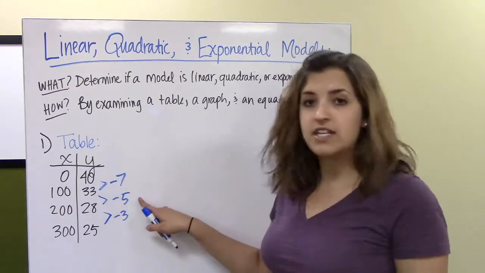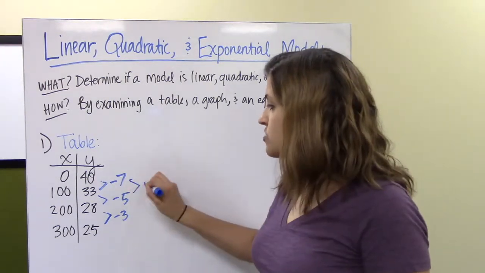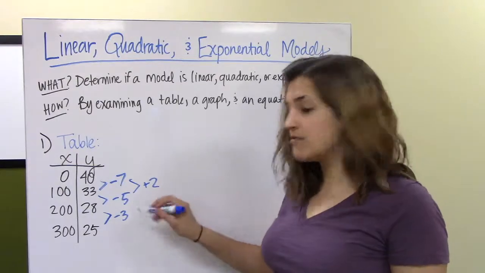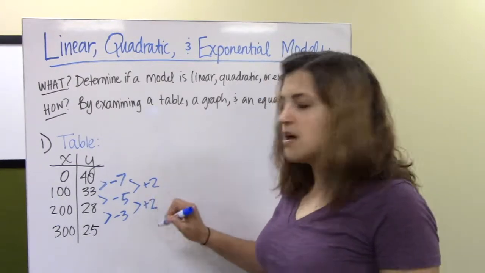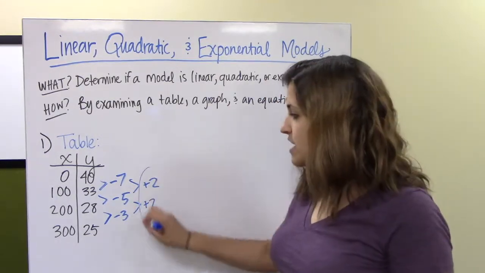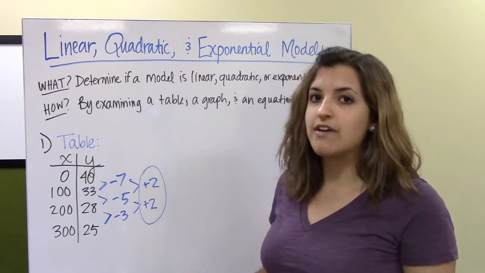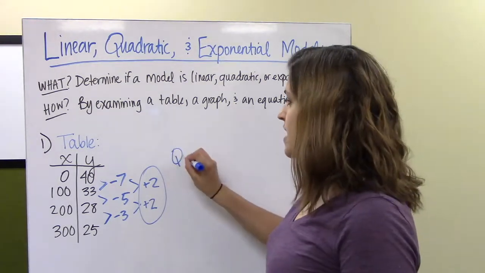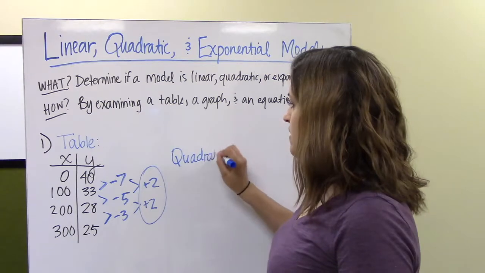From -7 to -5, we're adding 2. From -5 to -3, we're also adding 2. Because our second differences are the same here, that means we have a quadratic function. So this guy is quadratic. All right, let's look